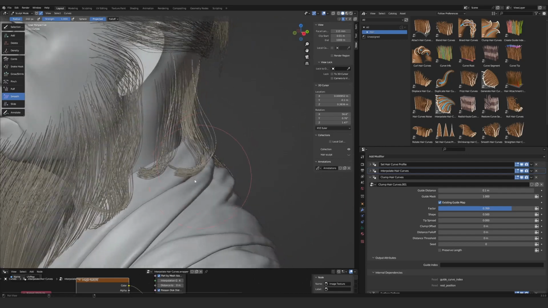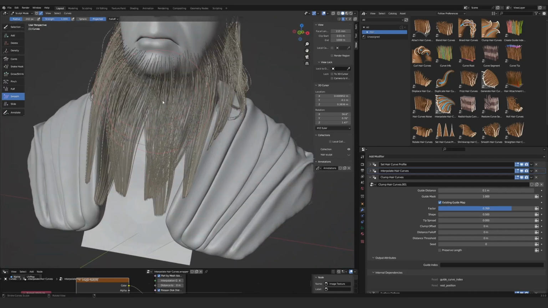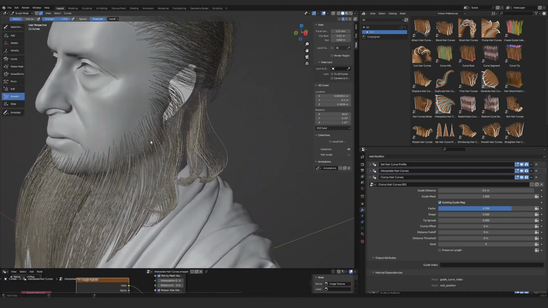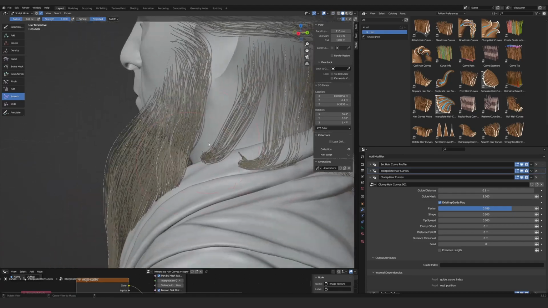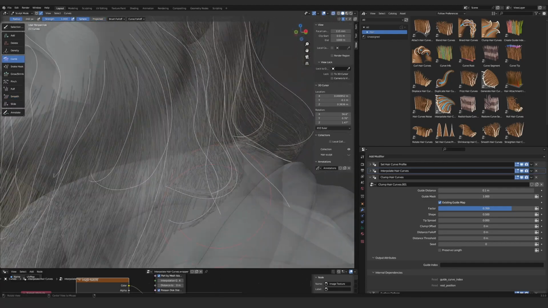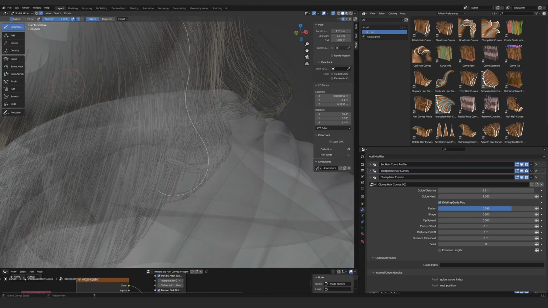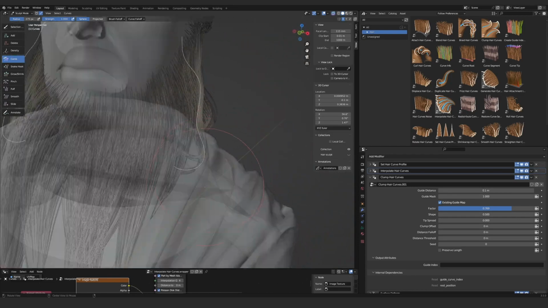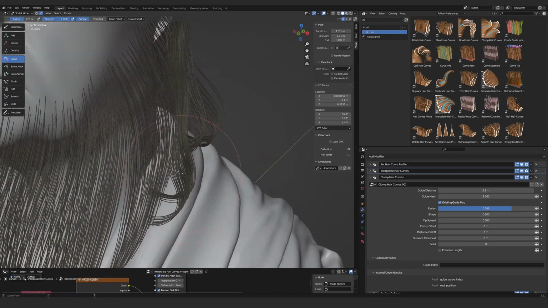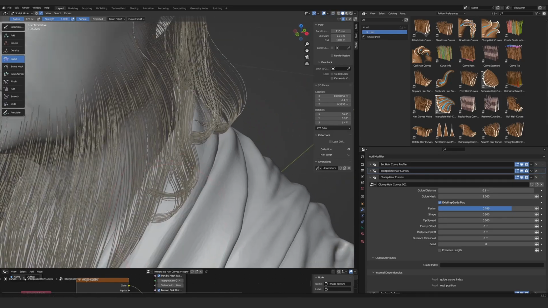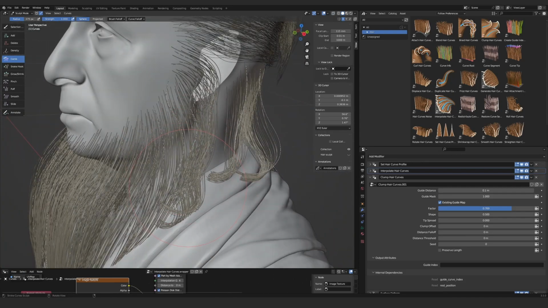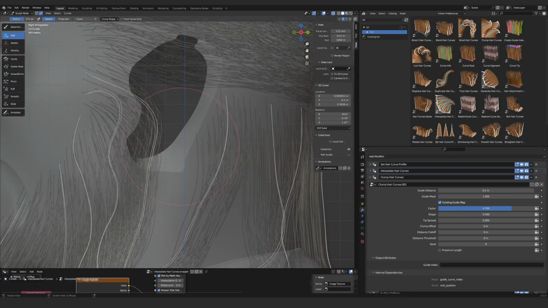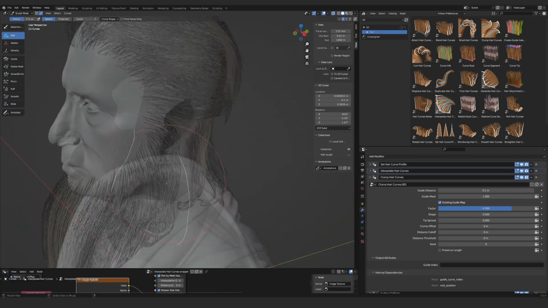But you can see that some of the clumps in the front are something that we don't want. In order to fix that, we're going to have to create a mask. Now, this is a commentary, and I don't remember exactly when I'm going to be creating those. But before the mask, I'm just going to fix some of the guides after you have added the clumping. There is a possibility that the hairs are intersecting with the clothes, and I am fixing that intersection right now. Also, in the front of the beard, we don't want this clumping effect, at least not as strong as we have right now. So we're also going to have to remove that through a mask,